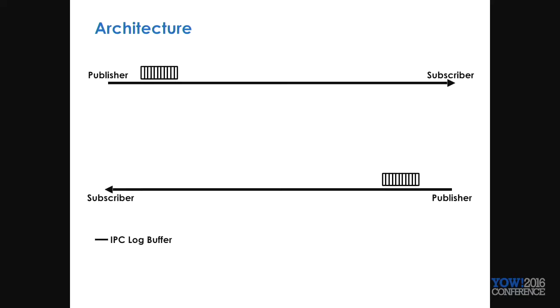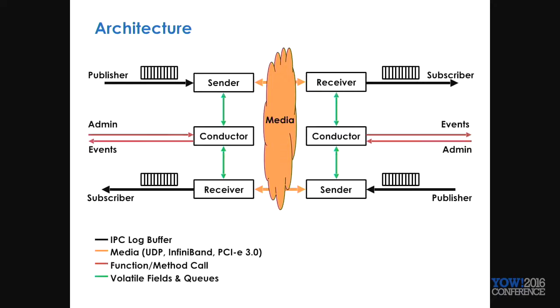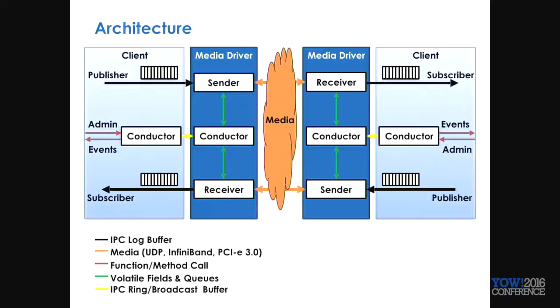with Aeron. So, for example, a publisher is appending to a replicated log that is being read by a subscriber. And this can happen in both directions. And there is some sort of sender which is replicating it onto a receiver. And the pieces on the sides there are the actual logs themselves. We have a special structure that is a shared memory structure called a log buffer that has certain characteristics about it. And there are different pieces, conductors for doing different administration things and how applications fit into this.